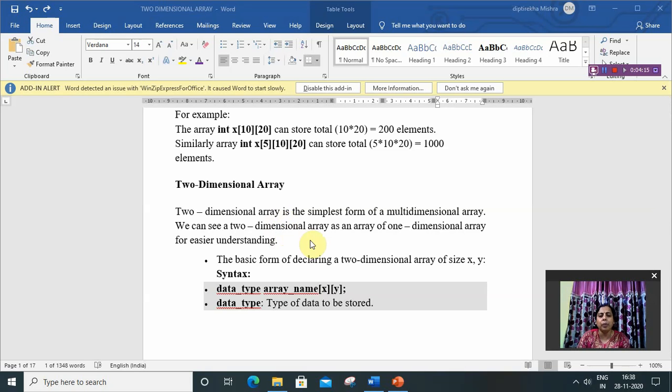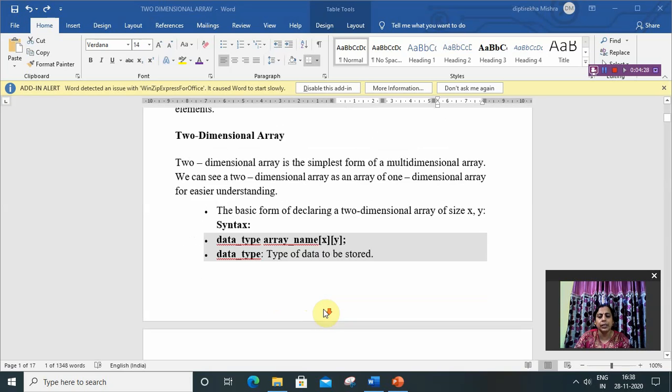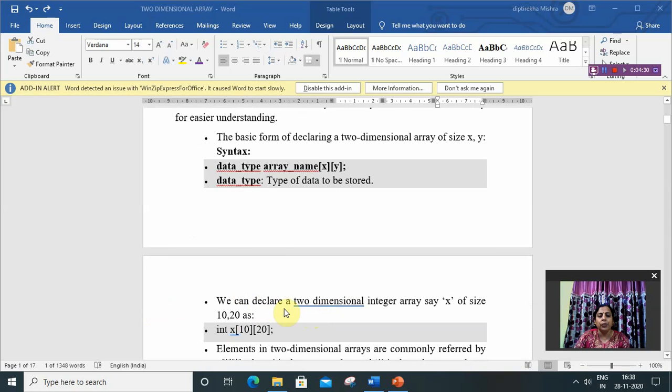The basic syntax for declaring a 2D array is: data type, then array name, then [x][y]. Data type means the type of data to be stored, like integer, character, float. We can declare a two-dimensional integer array, say x, of size 10 by 20.